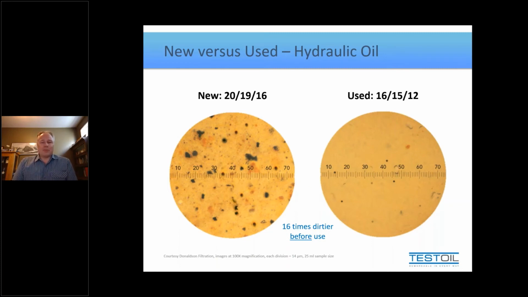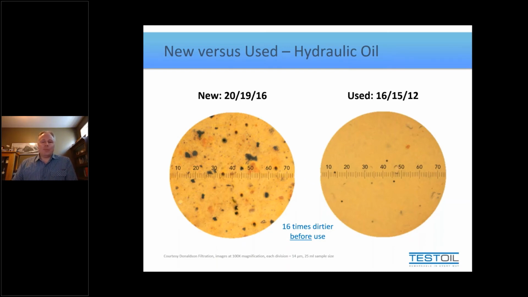So that's what I'm trying to really instill in people, is that if you don't take the measure to pre-filter your oils to at least the cleanliness of your operating system, if not maybe a little bit cleaner, every time you add oil to your system, you're shocking your system with dirty oil. Now, I'm not saying you're going to cause an immediate failure. I'm just saying you're going to tax the filters a little bit. And the point is, why tax the onboard filtration system, forcing you to maybe change those filters a bit more prematurely, when you have the ability to use offline filtration to clean that oil up significantly?